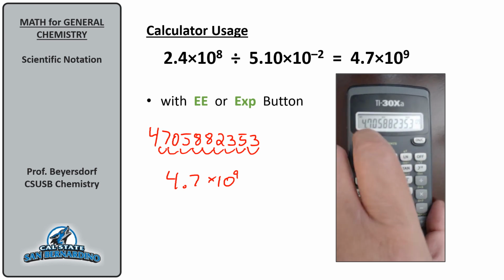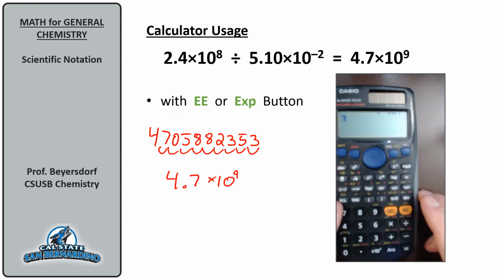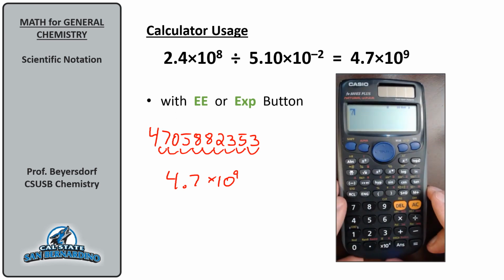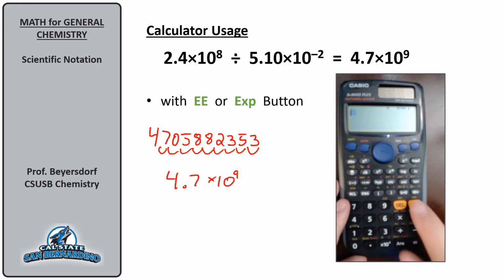Let's try a different calculator. Your calculator may be different. That's okay. You just have to get used to it and try it out. This is a different calculator, but instead of that EE button, it has this times 10 to the X. So for this one, I go, let's see, 2.4 times 10 to the 8th divided by 5.1 times 10